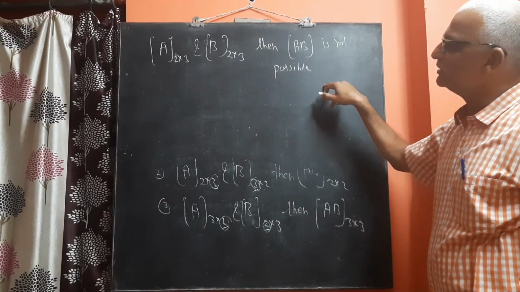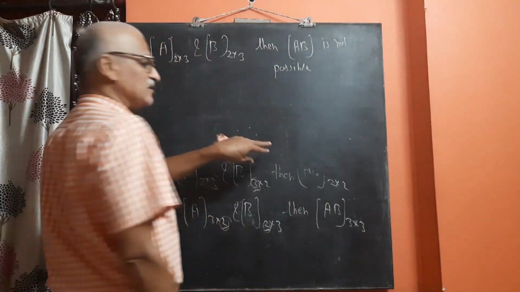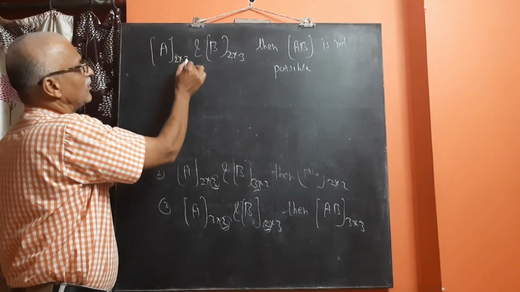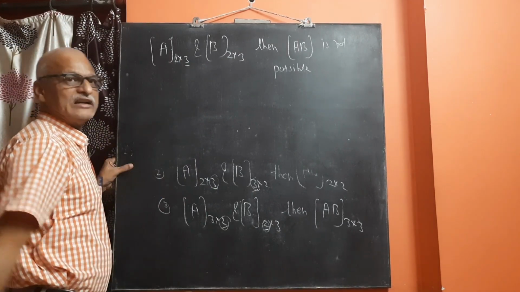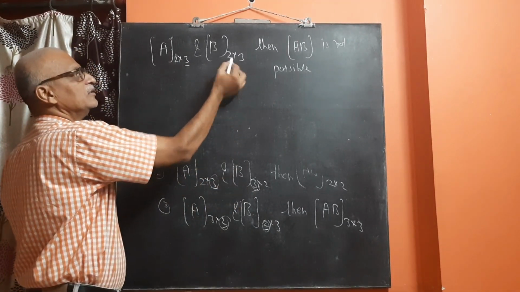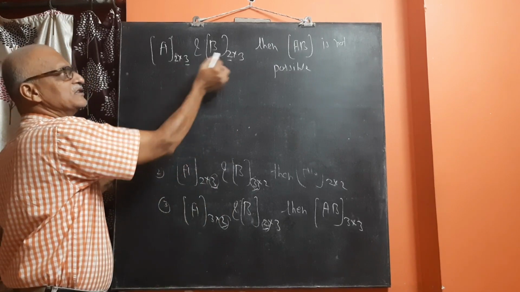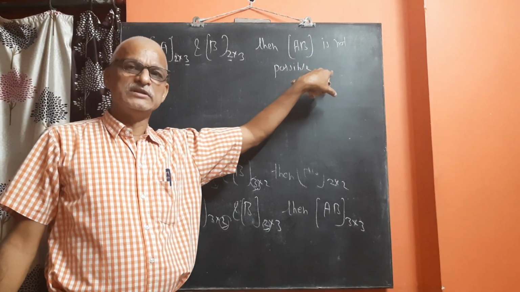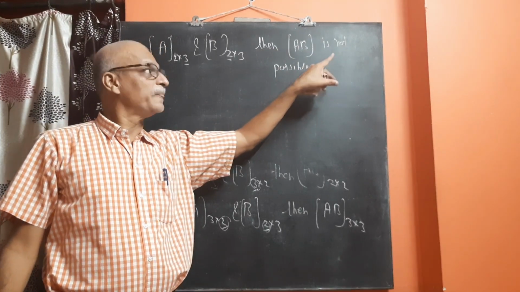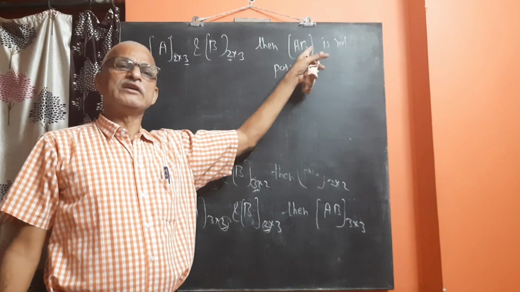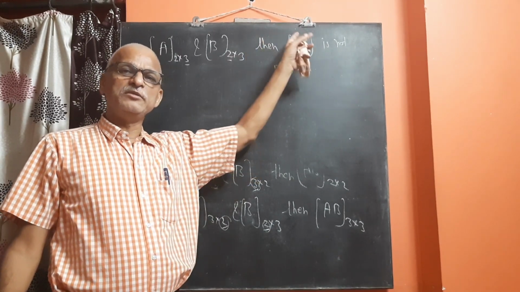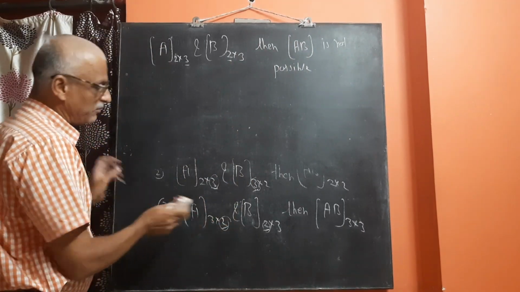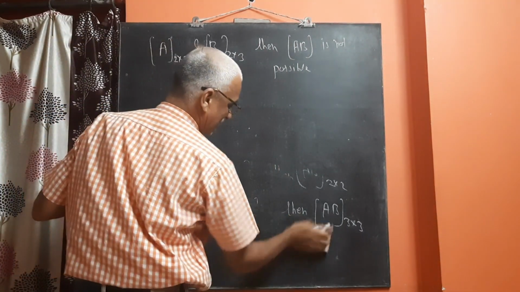Why is it not possible? Because the condition is not satisfied. What is the condition? The number of columns of A should be equal to the number of rows of B. That means 3 is not equal to 2, and therefore the product AB is not possible. So in this way we can check whether we can find out the product AB, A into B, and so on. Now we will perform the actual multiplication of two matrices.